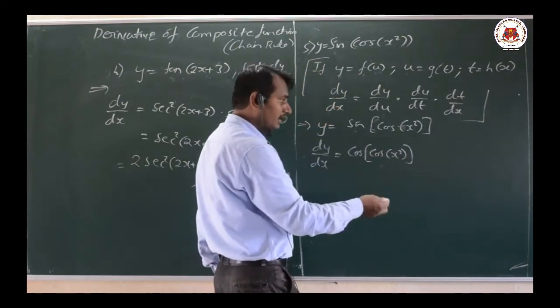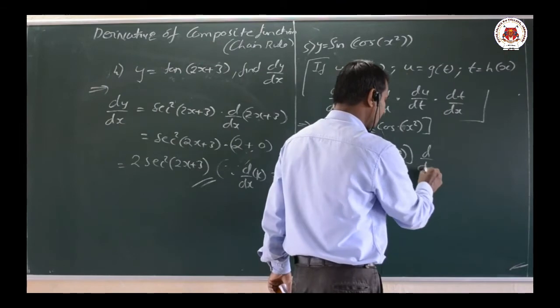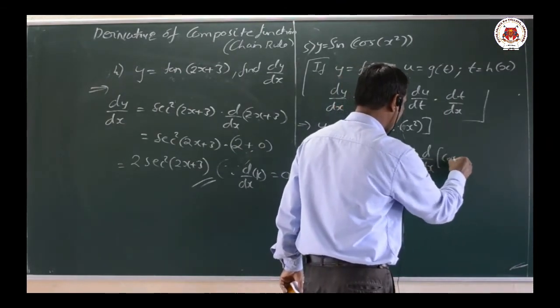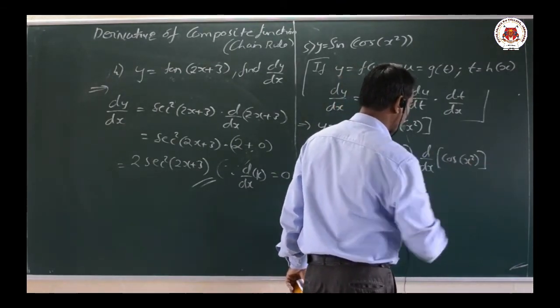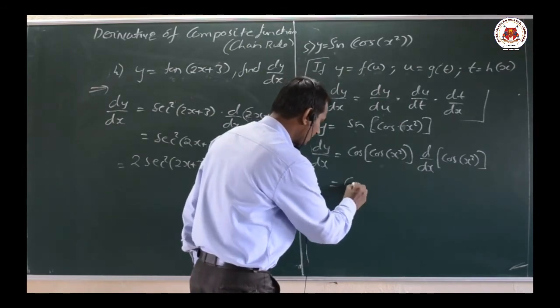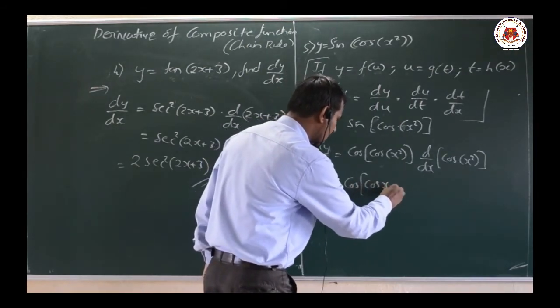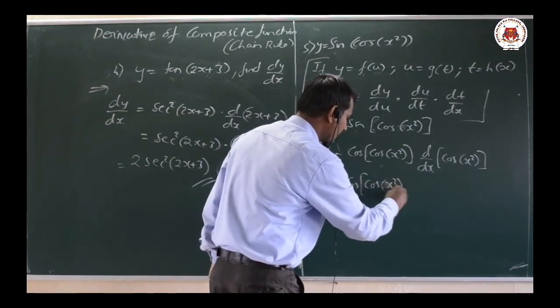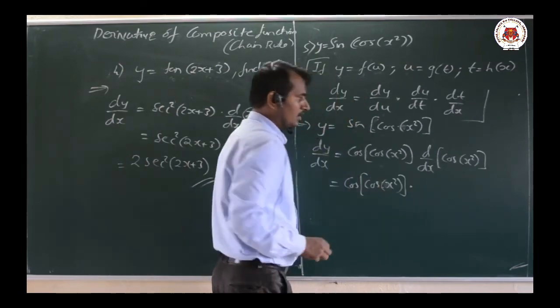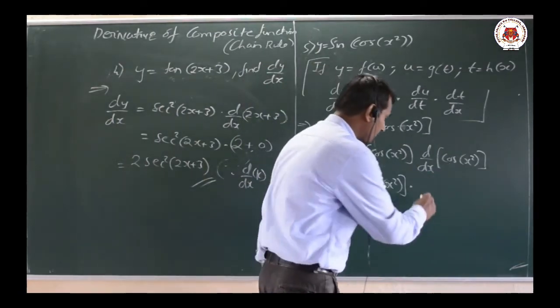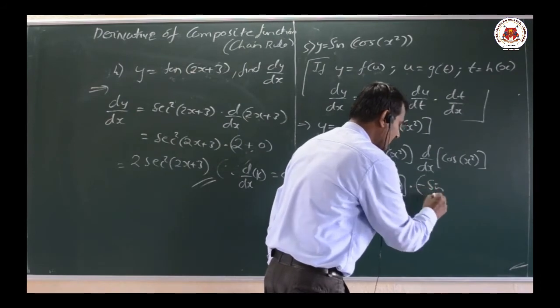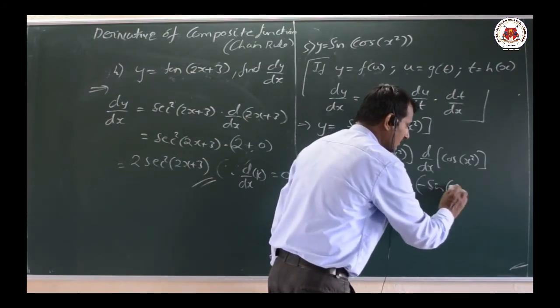Then I will differentiate the inner bracket, cos of x square. Which is nothing but cos of cos x square, into the differentiation of cos x, which is minus sin, with x square as it is,